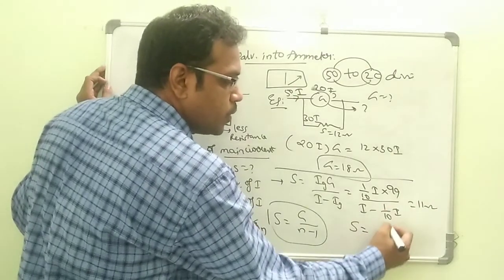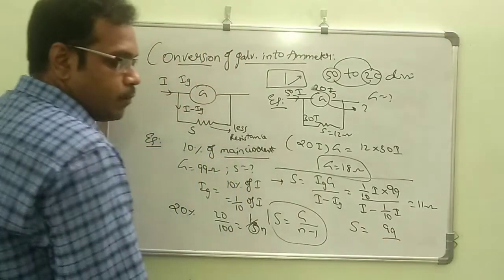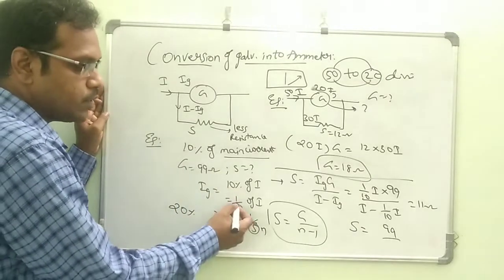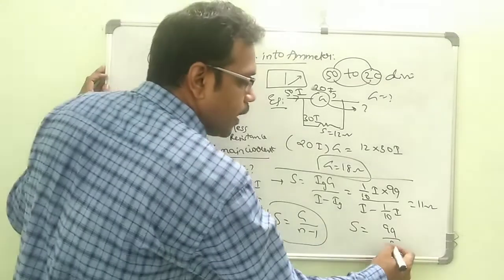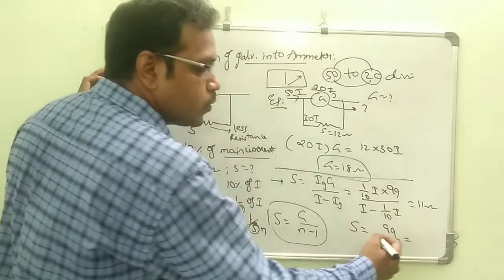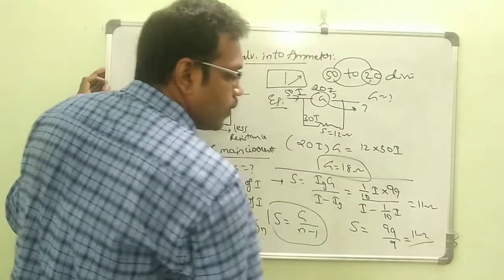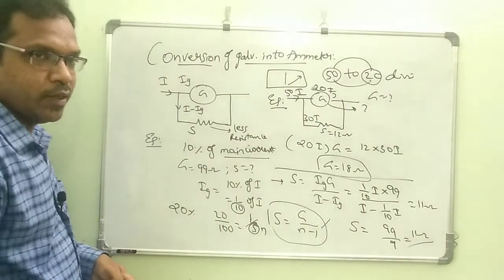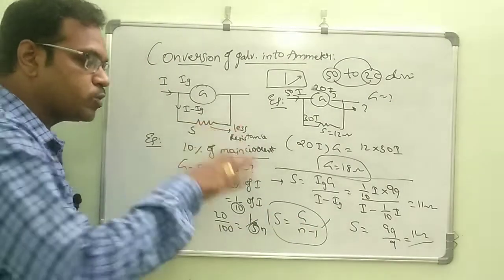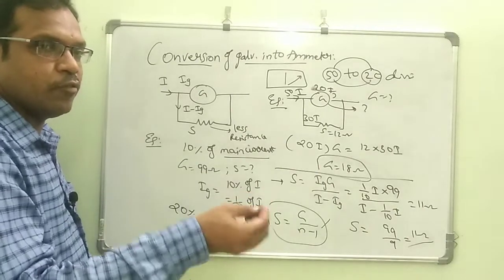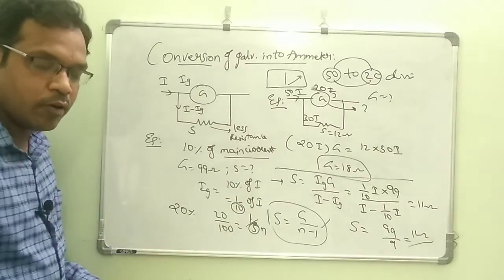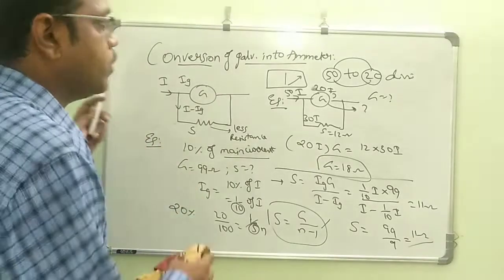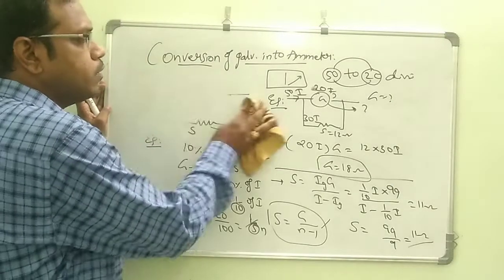Otherwise we can take this problem. S is equal to G, how much? 99 by (n minus 1). What is n here? 1 by n, this is called n. So 10 minus 1, 9. So you will get 11 ohms. So this formula is used to solve the percentage problems. They will give G. Sometimes without G also they will ask, and you will get the answer in the form of G, like G by 4, if they don't give G. So like this we can solve galvanometer into ammeter.